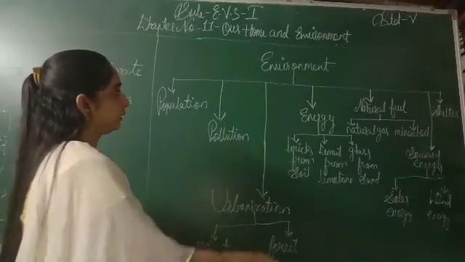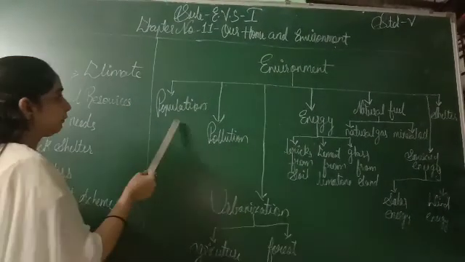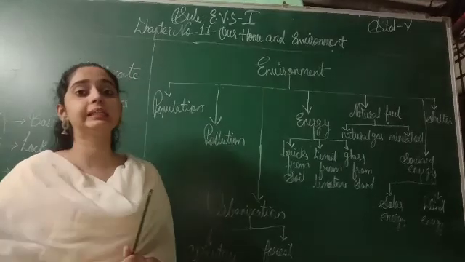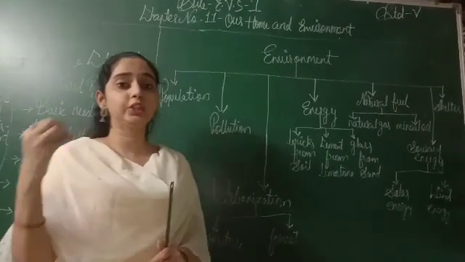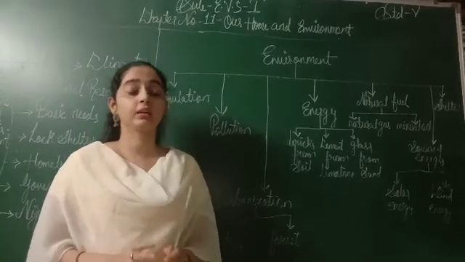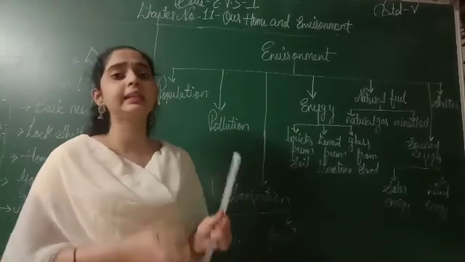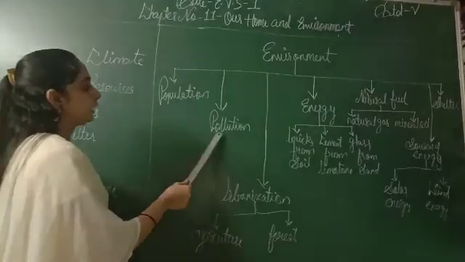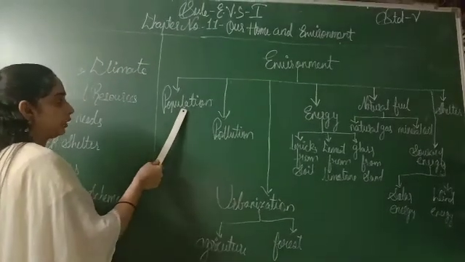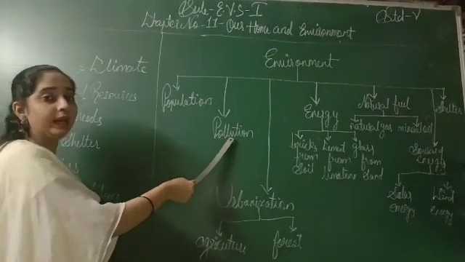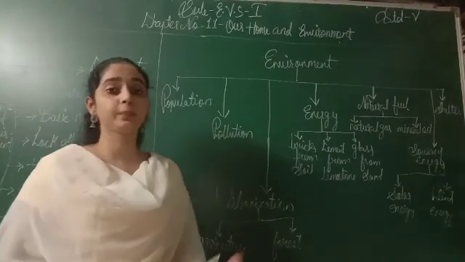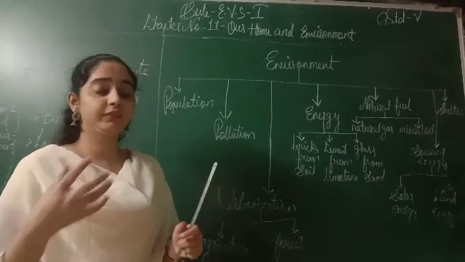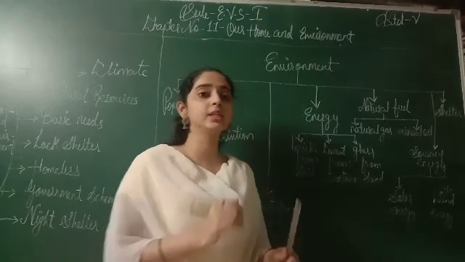Now look at this chart. This is a chart of the environment. Now let us see the first point, that is population. Today the population is increasing with time. So if the population increases, we have to construct houses also. And for constructing houses or buildings, people need natural resources also. Next point is pollution. With this increasing population, pollution has also increased, like air pollution and water pollution, because we are constructing a building or a house, so we need different kinds of things, and those things cause pollution.